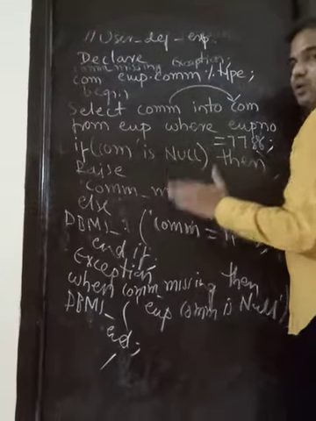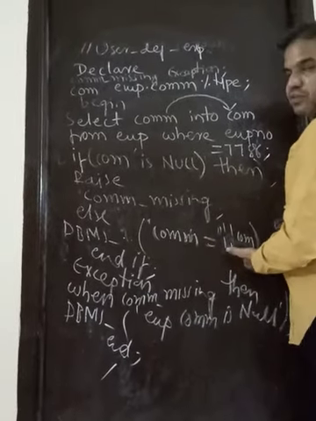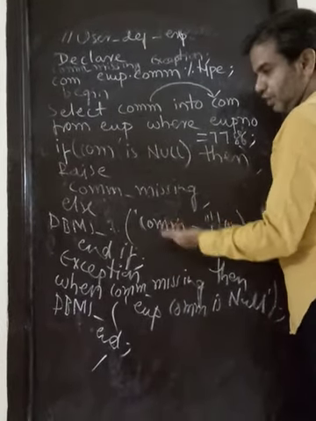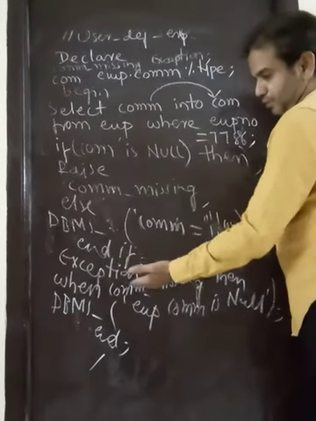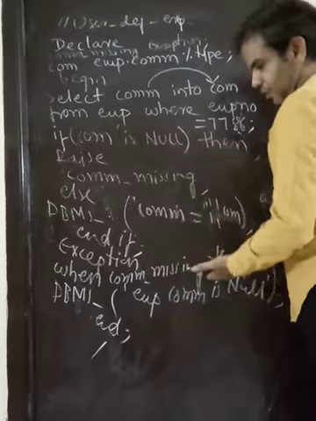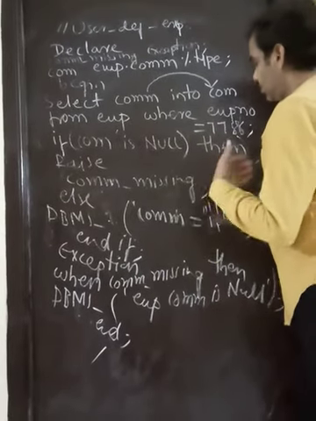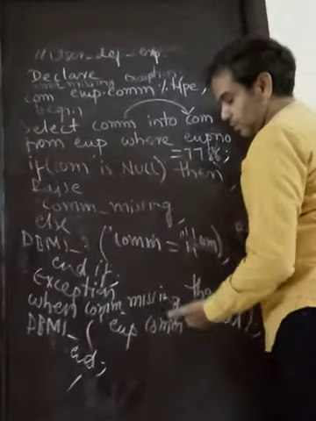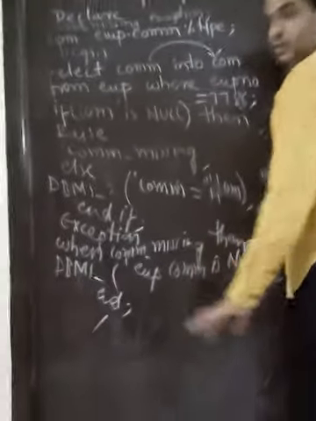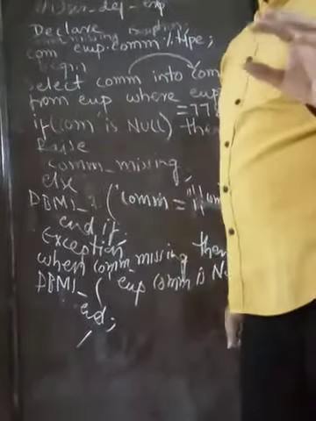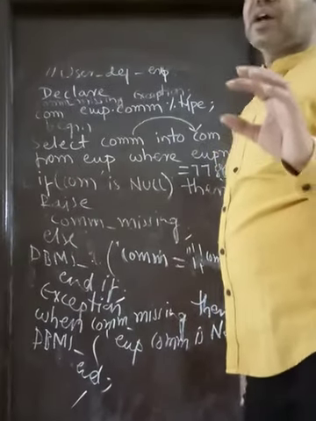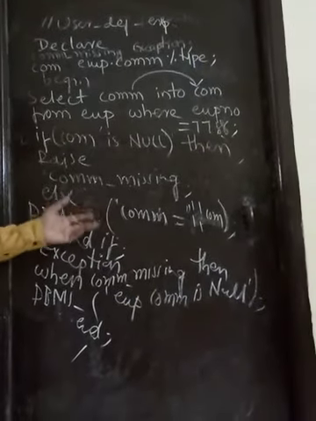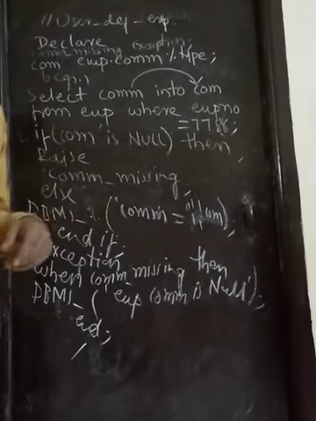Otherwise, if the person does not have null, then automatically the commission will display. So IF is there, and END IF; if commission is null, raise the user defined exception. In exception, when commission_missing, then this output will display. If employee 7788's commission is null, automatically this runtime error message will display, that is employee commission is null. So this is a demonstration program on user defined exception. This is about the content of user defined exception, and according to our wish we can take it anywhere in a program.